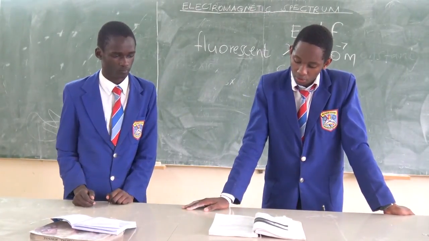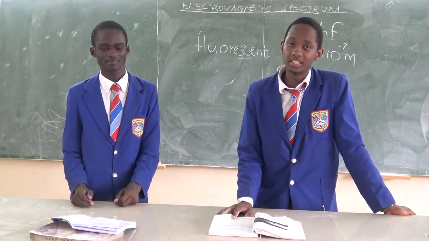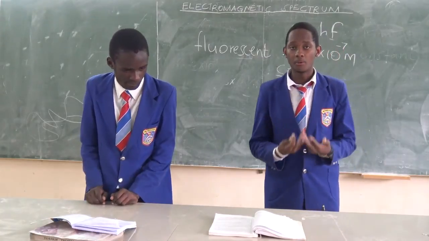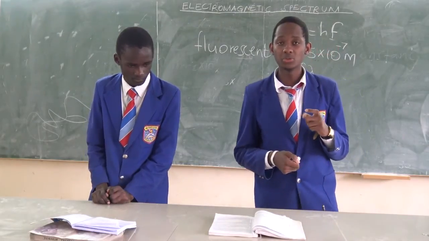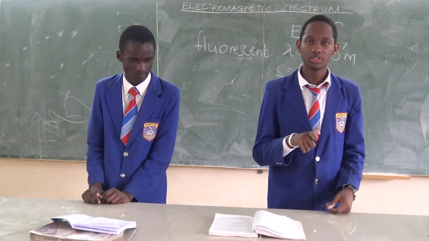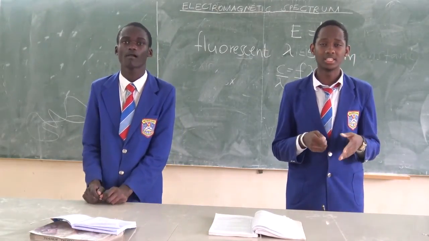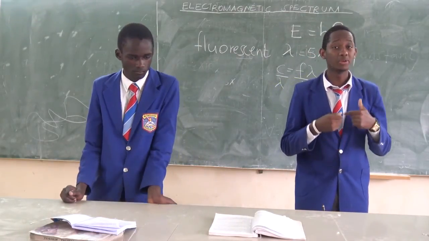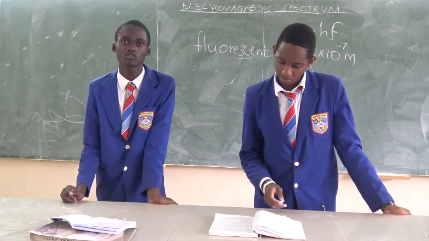Alright, so we can now move on to the hazards of electromagnetic waves. As we had looked at earlier, waves with high penetrating power can be used, but now we need to know that whenever they are used, they're used in controlled amounts such that they cannot harm those that are using them. Because as we had seen, if a gamma ray is so strong that it can penetrate through metals, then it means that it is used in controlled amounts such that it may not bring any harmful effect to a human being. These waves, when they are exposed to the human body,